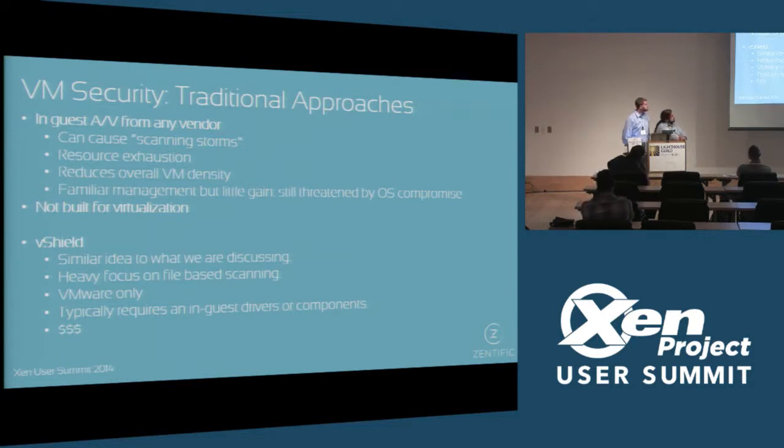The trouble is that at scale, these things often perform scanning in a less than advantageous schedule. If you scan at 3 o'clock in the morning across your entire enterprise, you've pegged CPU in every single rack, in every single VM, in every data center. Now, most people don't apply a silly scanning schedule of that variety, but it requires careful tuning. And it doesn't work at scale. It reduces density. There's cost to that. You need more hardware to achieve the target number of virtual machines. These are big problems. The bottom line is that traditional approaches are not built for virtualization.